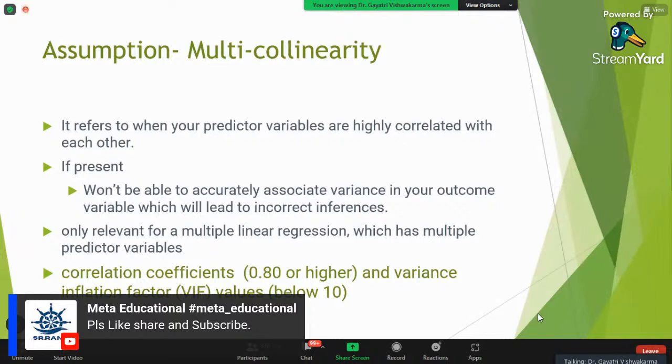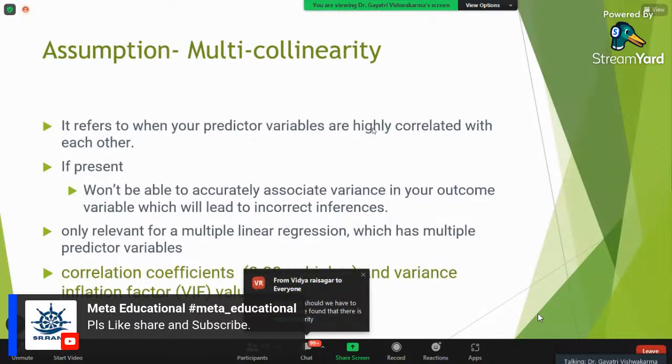find out the BMI. What is the formula for BMI? It's weight upon height square. So either you have to put BMI only in the model, or you have to put height in the model, or weight. Height or weight separately you can put, or you can put just the BMI. You cannot put the composite variable in the model with the original variable which you have used. You have to use only one, otherwise your prediction is going to be wrong. So that is the thing.